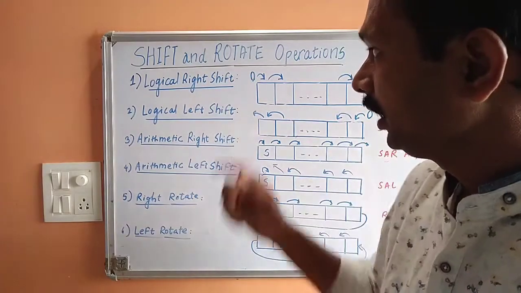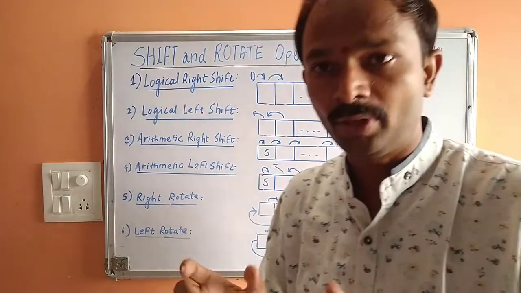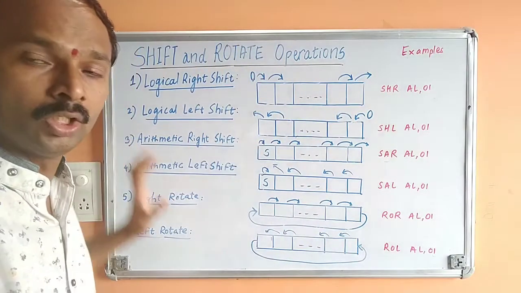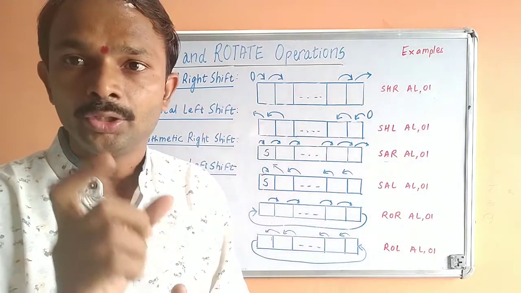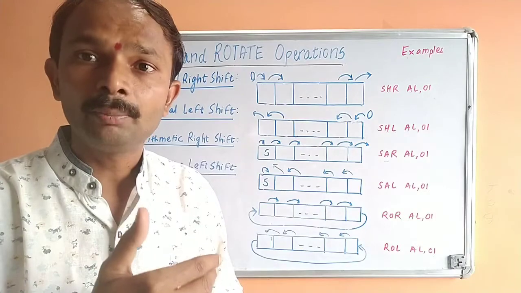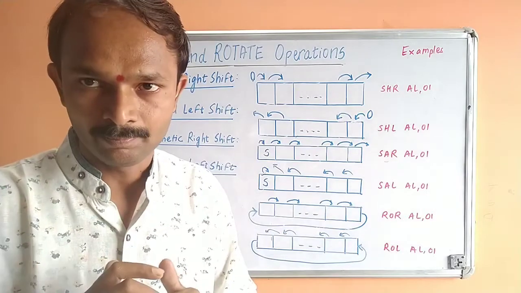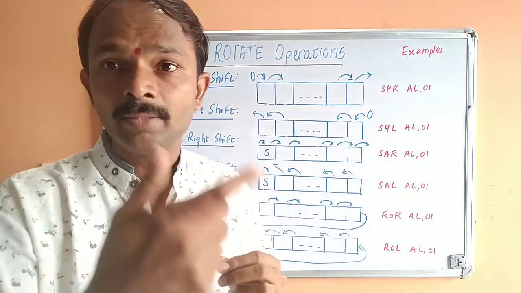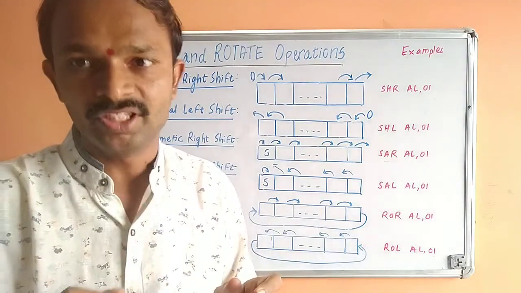Basically, in terms of shifting, there are two types of shift operations, known as logical shift and arithmetic shift. What is meant by shifting the data? It means that in some register, for example an 8-bit register, you have 8-bit data. Shifting means shifting those bits either to the left-hand side or the right-hand side. That is known as shifting. In shifting, the bit which goes out will not come back into the stream of bits.